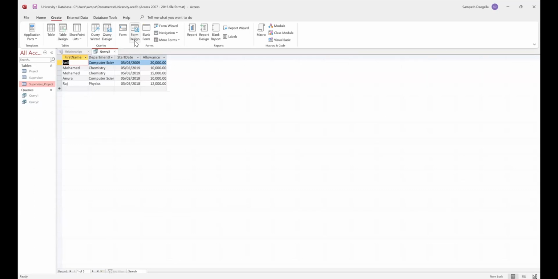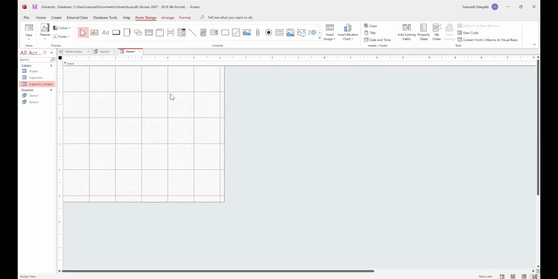So here we have something called form design. Click on form design, and then you will get an empty form, something like this, right? Now once you have the form, you have to decide what data you are going to insert using this